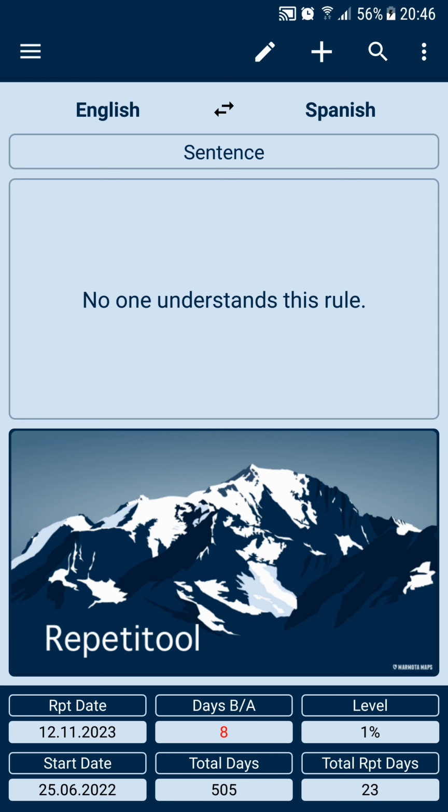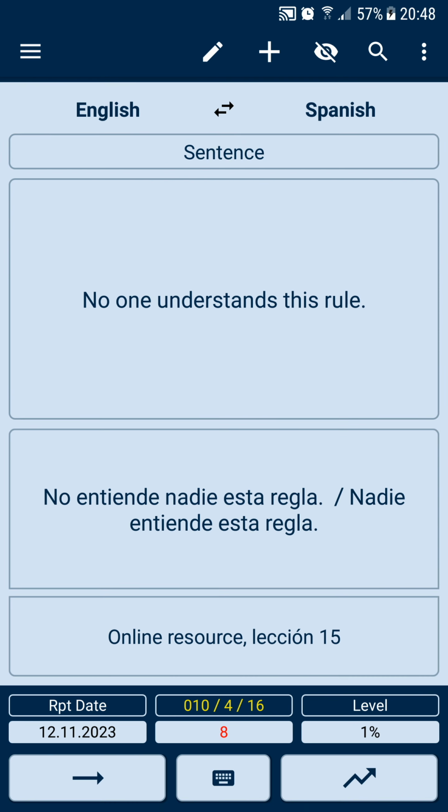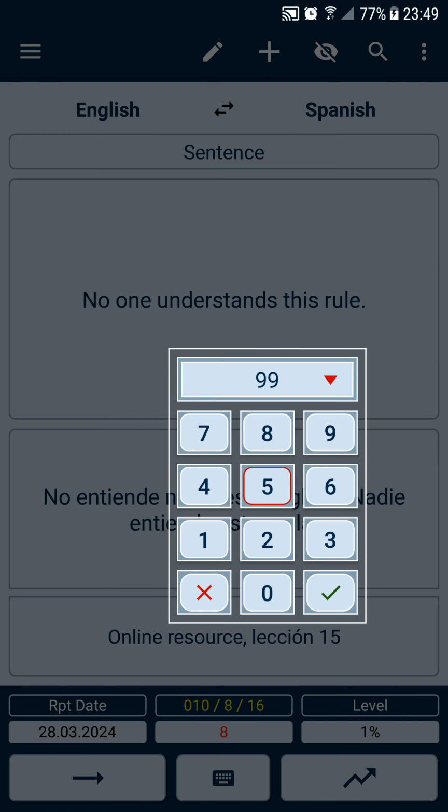Now let's take a closer look at the commands 996 and 997. By default, clicking the right button on the button bar sets not only the next increased day interval of repetition, but also the initial minute interval of 10 or 15 minutes for additional repetition. Additional minute repetitions can be temporarily cancelled. To do this, you need to type 997 on the interval keyboard and click the green check mark.